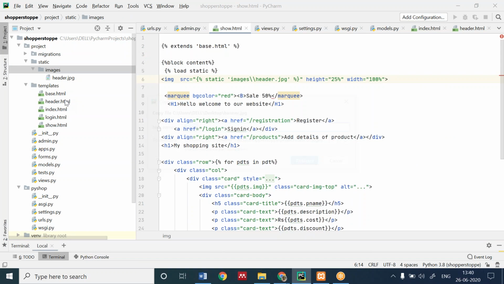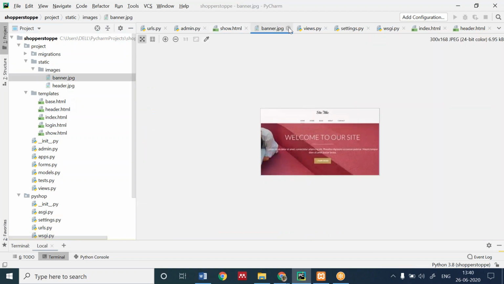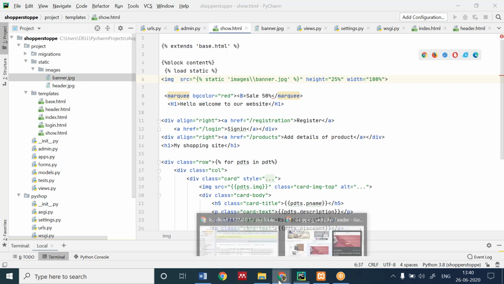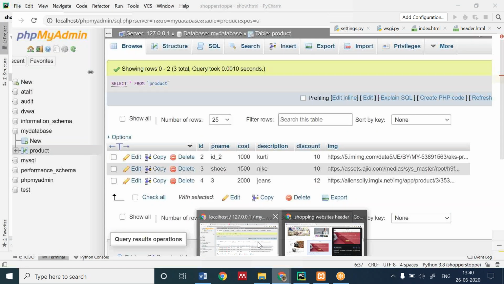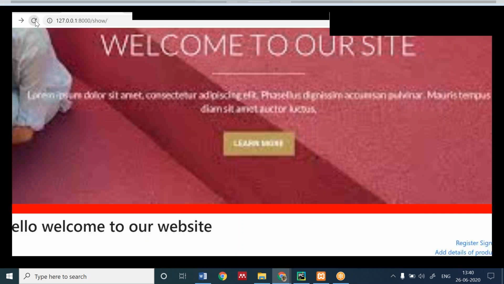Hope you can see this banner.jpg is there. If I want to use this, I can use it in my show. See, my banner is being changed.